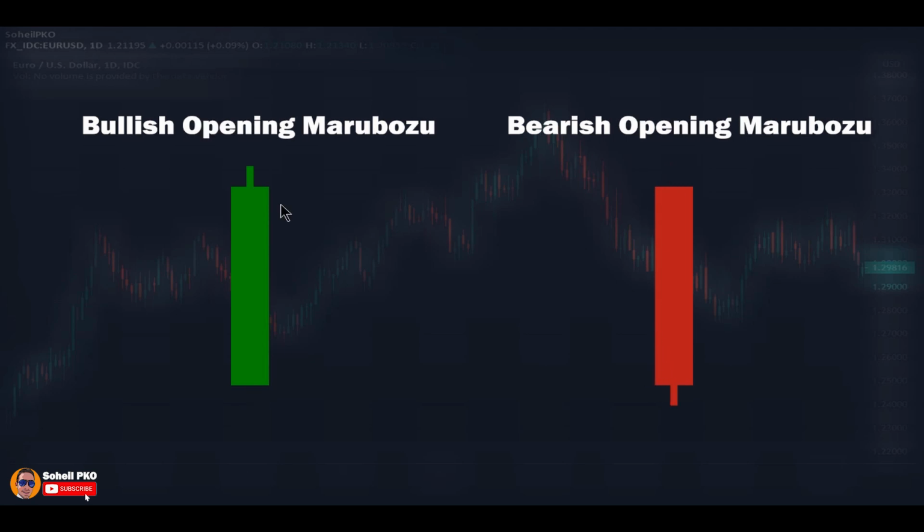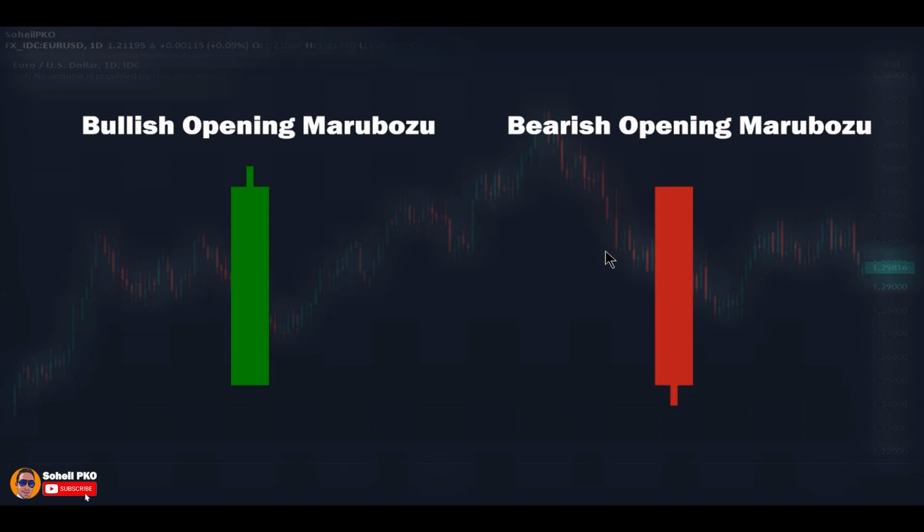And in bullish opening marubozu, we don't have a lower shadow, which means from the opening, buyers had control, but at the end, sellers had a little control and the price closed a little lower than the high. This candle may be just a little weaker than green marubozu, and we can consider its buying pressure like a long green candle. And in the bearish one, we don't have an upper shadow but a small lower shadow. That's similar to the bullish one. We can say this candle is just a little weaker than red marubozu, and its selling pressure can be considered like a long red candle.